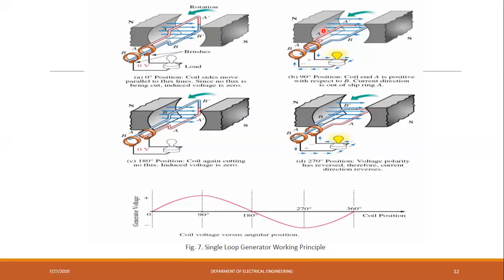So in that, whenever we change the position of the rectangular coil and it moves to 90-degree position, at that time you can see this orange mark is going to incline, and due to that there is a cutting of magnetic